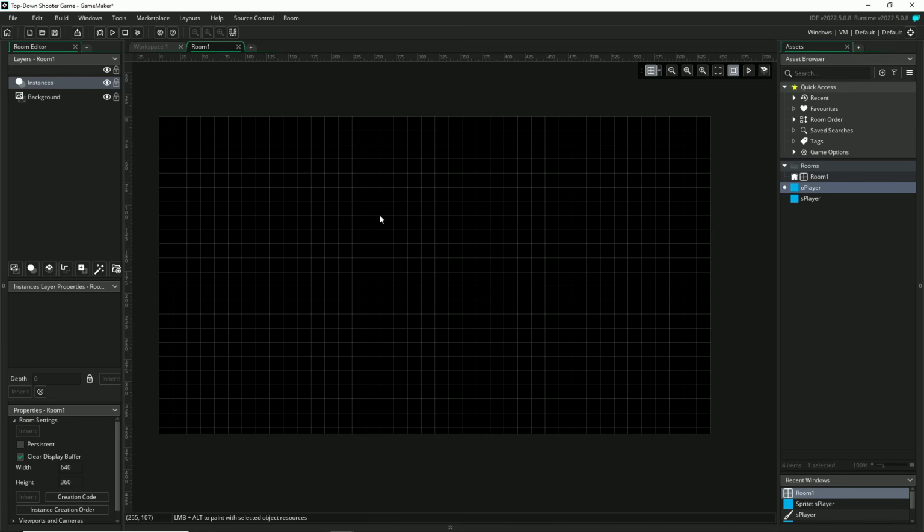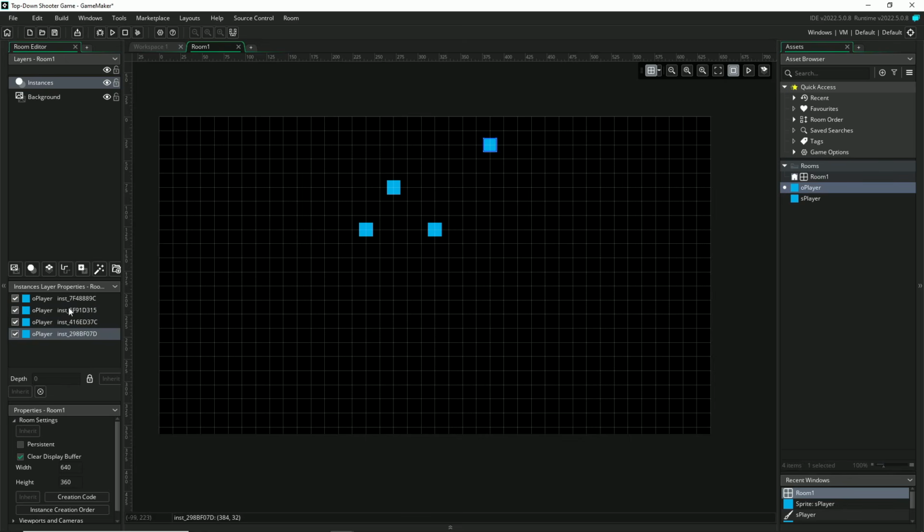So anyways, holding Alt, we can place items down. So now if I just left click, I can place an item here. And now I can click it and drag it and do whatever I want. So I've placed an object on my instance layer, and it's called instances because this is an instance of this object. Because you could have tons of different types of the same object, like again, say walls. You probably wouldn't want multiple player objects in a room, but if you see I put a few more down,